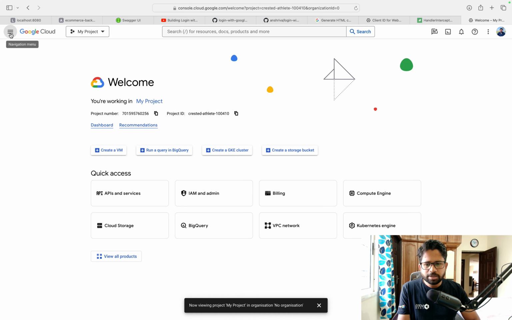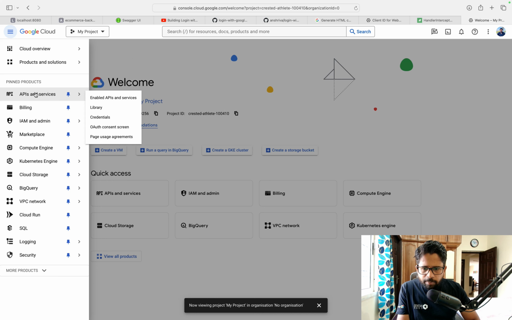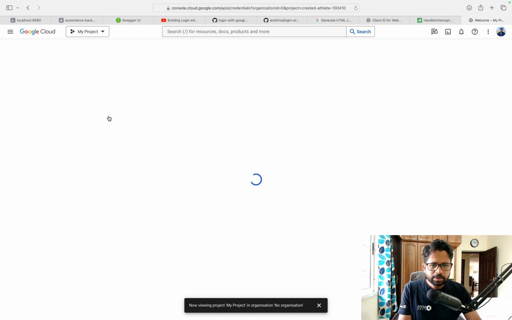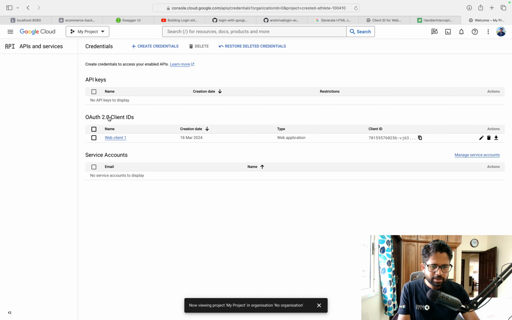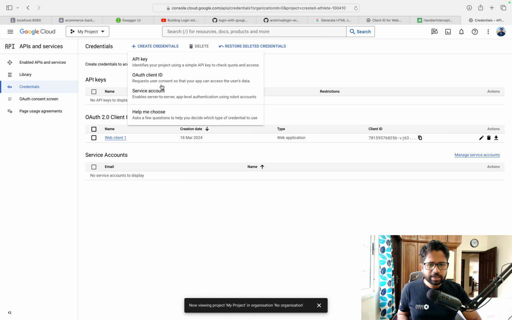Once you create a project, you will have this particular UI in front of you, and in this UI you need to click on these three lines, then go to APIs and services and then go to the credentials option. This is the page you will land on. Now here you need to create an OAuth 2.0 client ID. For that you can click on create credentials and click on this OAuth client ID,